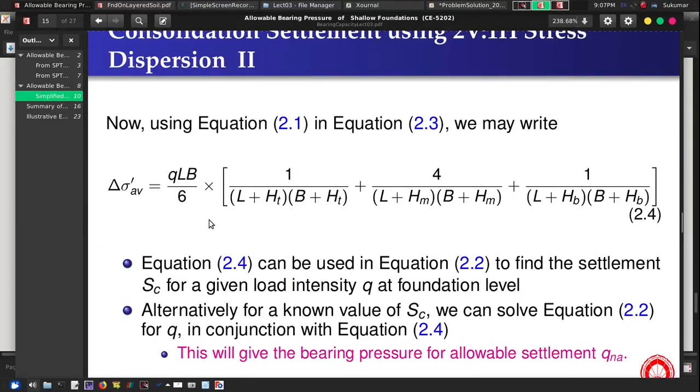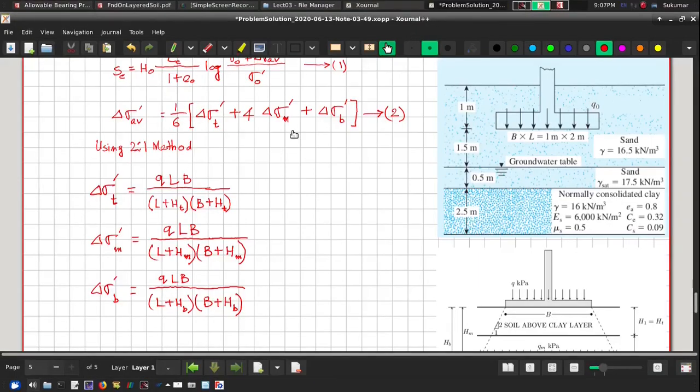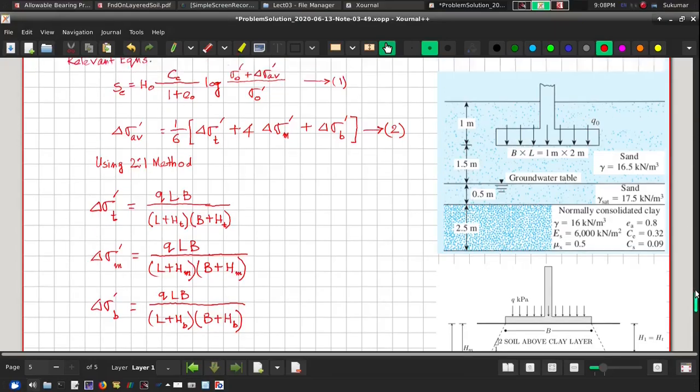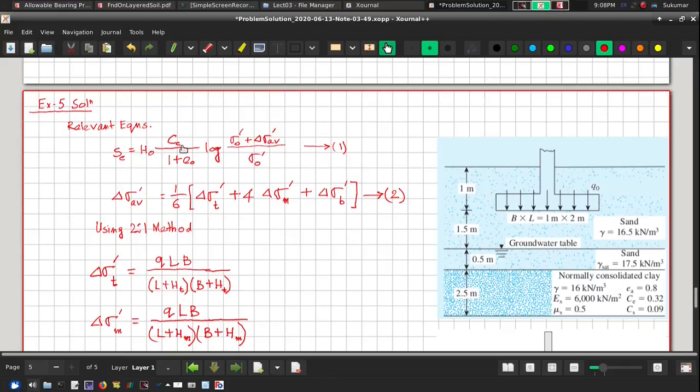Okay, so it will be in terms of Q. Now I can put this value in the primary consolidation settlement equation and then solve for Q, because all other things are known to me. SC is known, which is the allowable settlement, H naught is the original thickness, Cc, e naught, etc., everything is given. So our first job is to find out then the effective stress